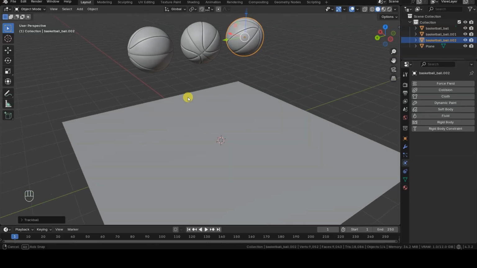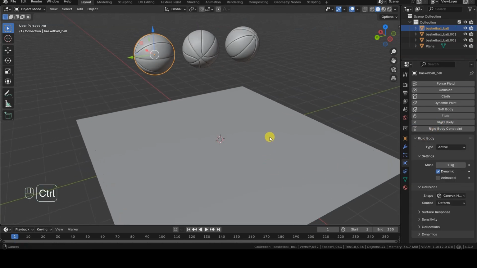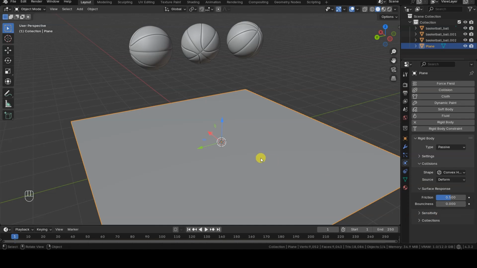Hello everyone. Here's a super useful shortcut to modify multiple object parameters in Blender all at once. The key is to press the Alt key before clicking on the parameter you want to modify for all selected objects.